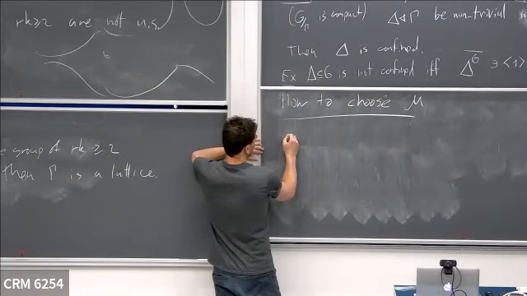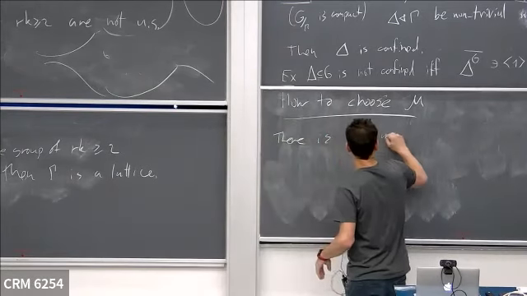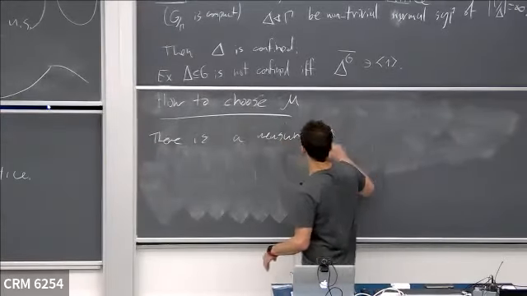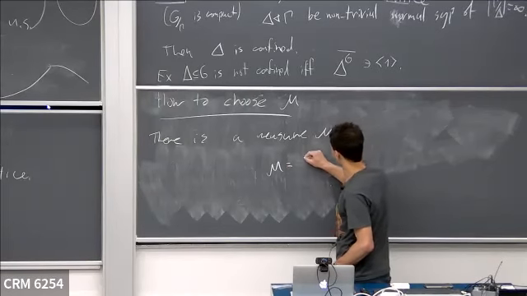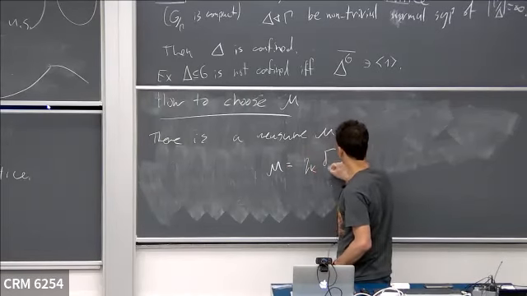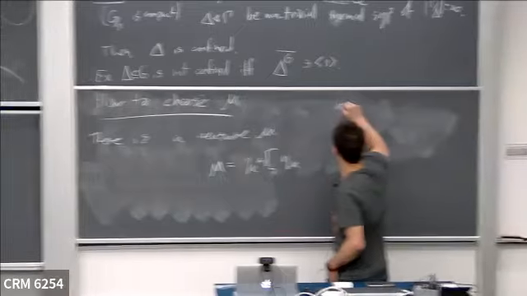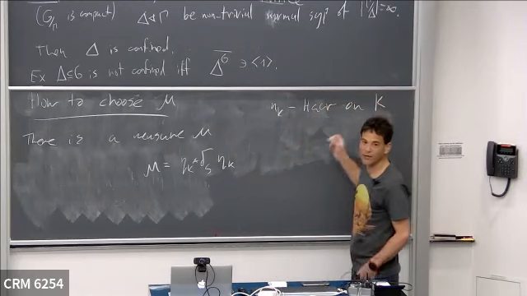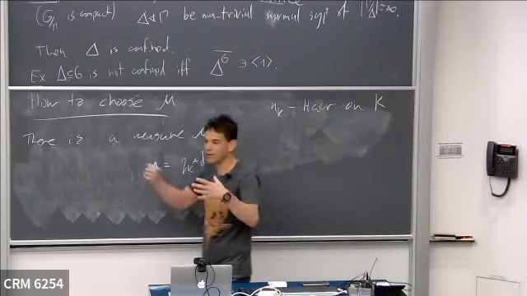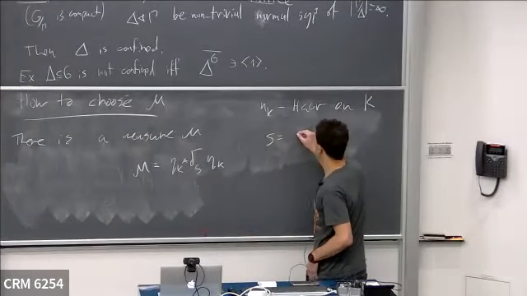The idea is the following. There is a measure mu, and more specifically, mu will be the following measure: eta_K, delta_s, eta_K, where eta_K is the Haar measure on the compact group K. So we fix a maximal compact group, and you can take the Haar measure on it. Now S is a semi-simple